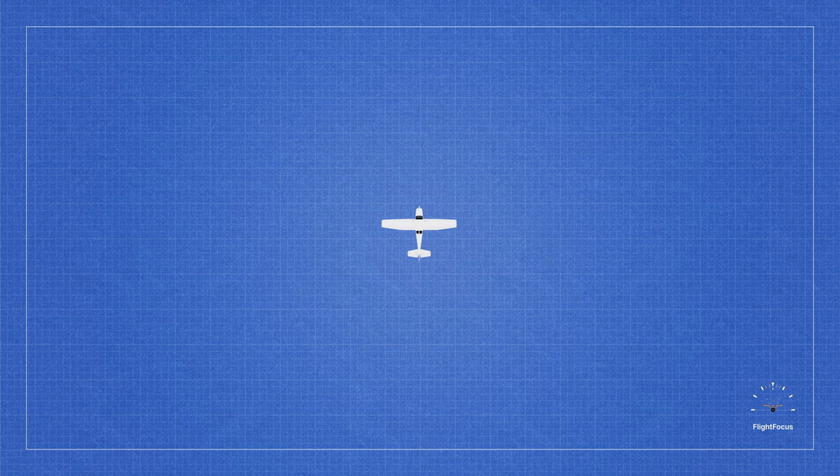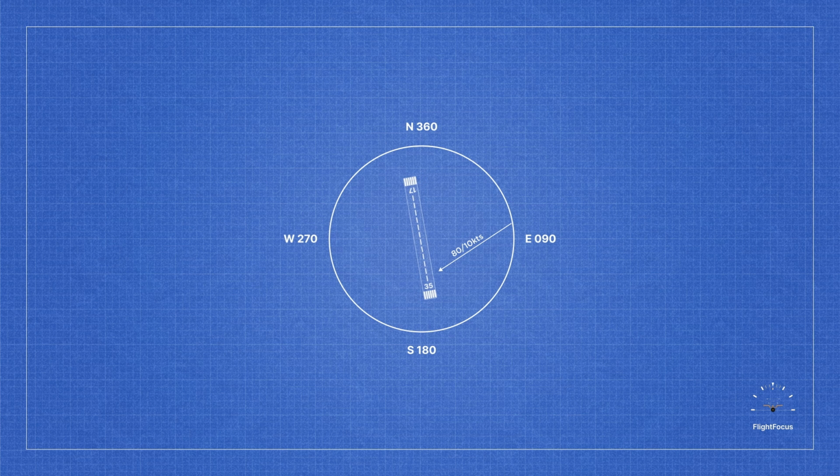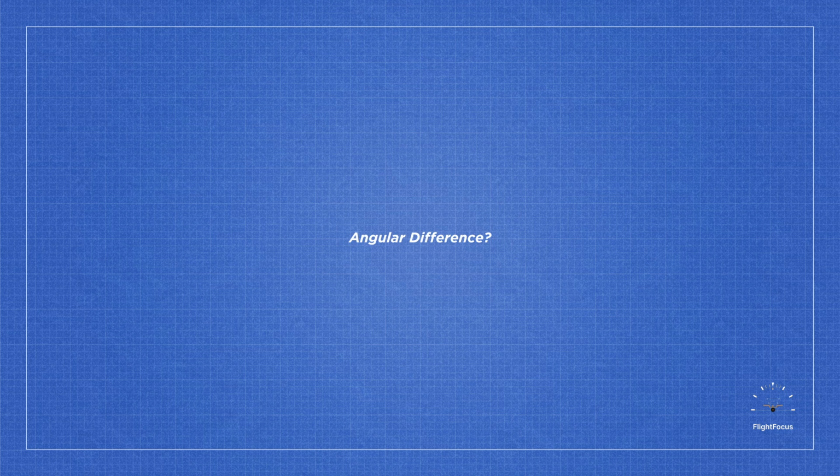The wind components consist of the headwind, tailwind, and crosswind components, but most of the time, pilots focus solely on the headwind and crosswind components. Imagine we're landing at runway 35 with winds at 080 at 10 knots. To begin, we need to find the angular difference, which is the difference between the runway heading and the wind's